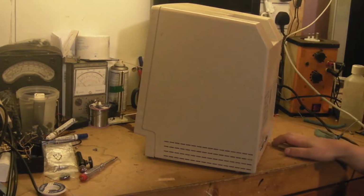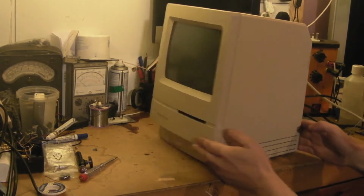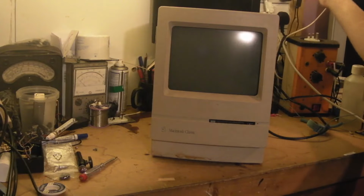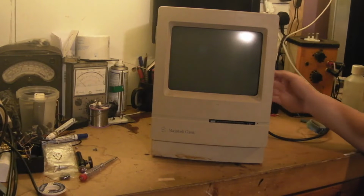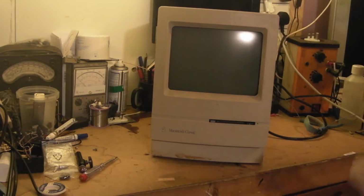Well, shall I power it up and see what it does? I'm not too worried because I saw it actually powered up in the eBay listing, so I do know someone has already applied power to it. Obviously, if it was a completely unknown computer, we'd be doing a few checks before we supplied power to it. But let's switch on. Hear the hard drive spin up. I was hoping we'll...